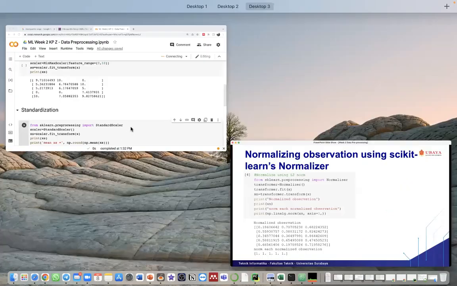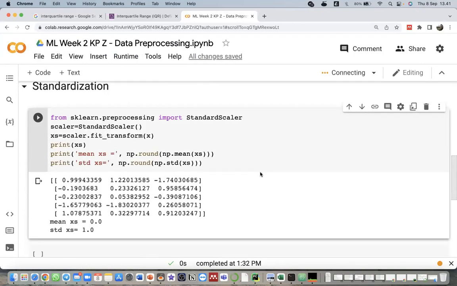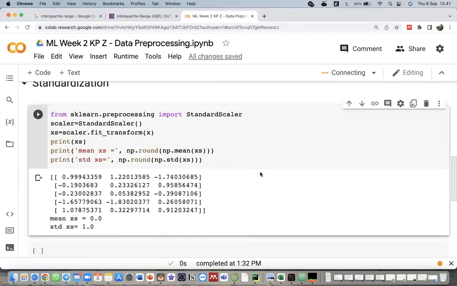Maybe you have any questions on L1, L2, and L-inf normalization? If you see the equation, it's simple.